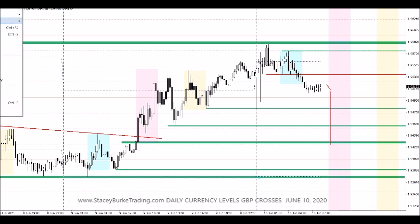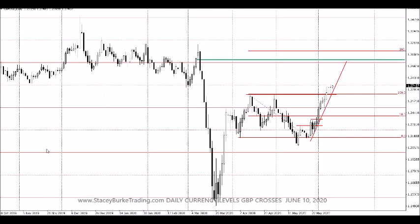And lastly, our British pound. We're watching this market still respect its rising trend line. We had a pullback on Monday and Tuesday, and we're possibly just about to break through the 92.50 level. We talked about stops being up in that upper 250 pip box, but again, no evidence yet of this market